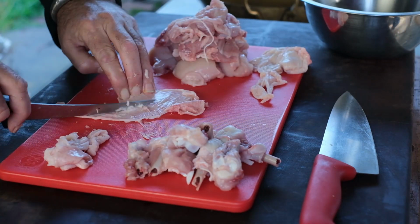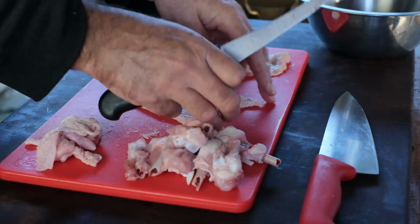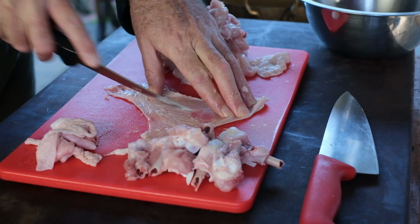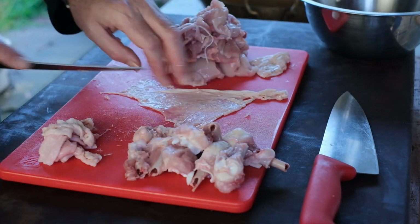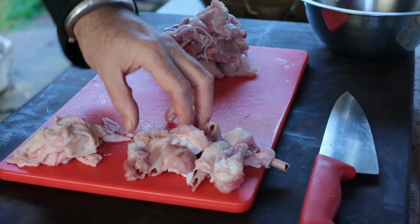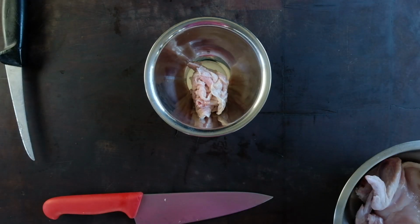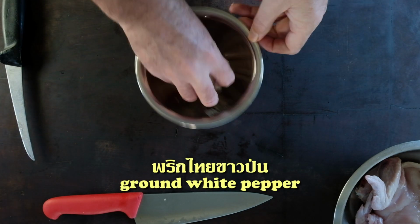I seem to have moved on to the skin in the video, so I better talk about it. I'm currently scraping as much fat as I can off the underside of the skin. Doesn't really matter how tidy, neat, pretty this is. You just want to get the fat off. And when you're done, just throw the skin in a bowl. And you want to add maybe half a teaspoon of fish sauce, a little dash of pepper, give it a marinate,